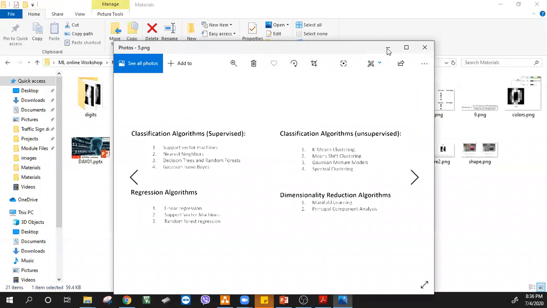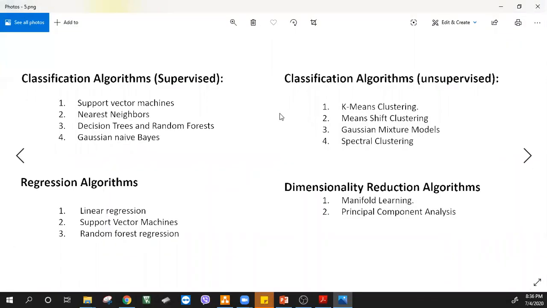So don't get confused. These are machine learning algorithms, not deep learning algorithms. We are going to discuss deep learning algorithms separately from next week onwards. But I want to get you familiarized with these terms. That's all, right? So we have classification type supervised learning algorithms in machine learning called support vector machine, nearest neighbor,